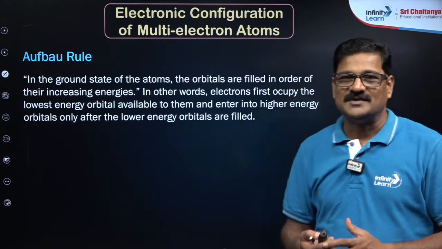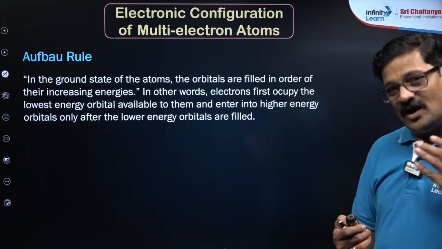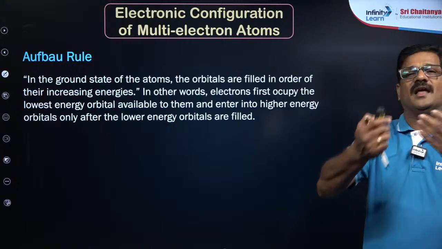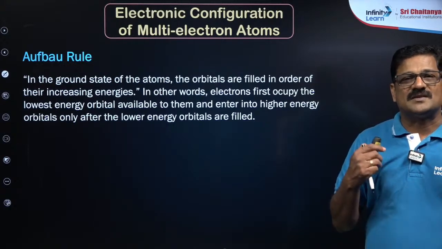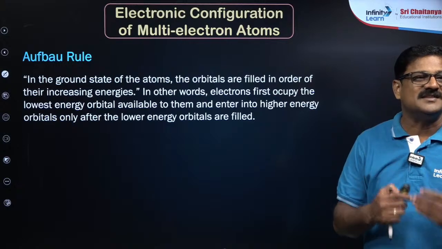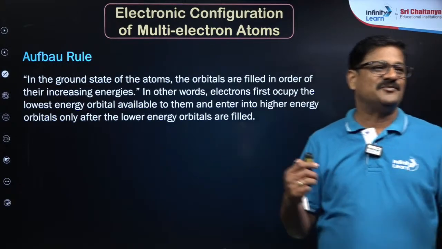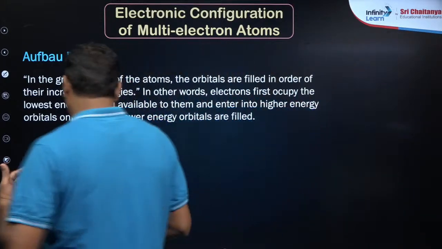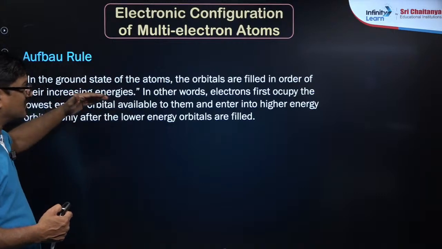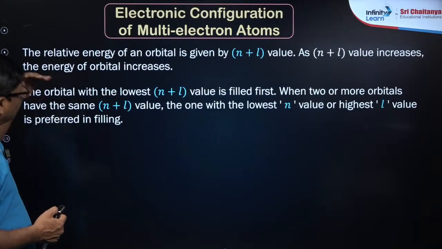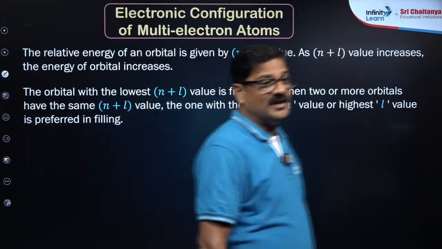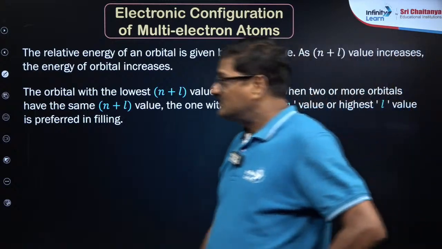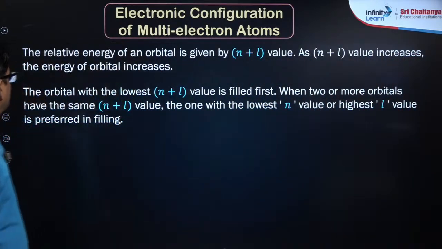Aufbau is a German word. It means building up. So when the electrons are filled in the orbitals, the electrons first fill the less energetic orbitals, then the higher energetic orbitals. So electrons are filled in the orbitals in order of their increasing energy. That is absolutely fine, Sterling, and it is given as: if the energy depends on n, and if the n value is the same, then consider the n plus l value. So the relative energy of the orbitals is given by the n plus l value. n is the principal quantum number and l is the azimuthal quantum number. As the n plus l value increases, the energy